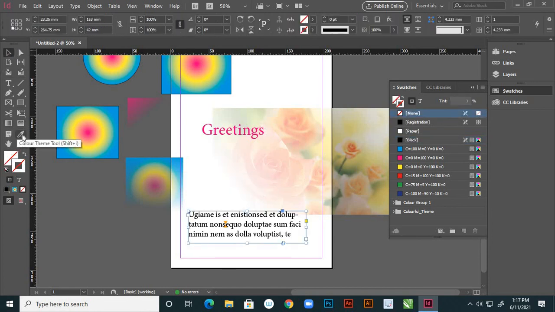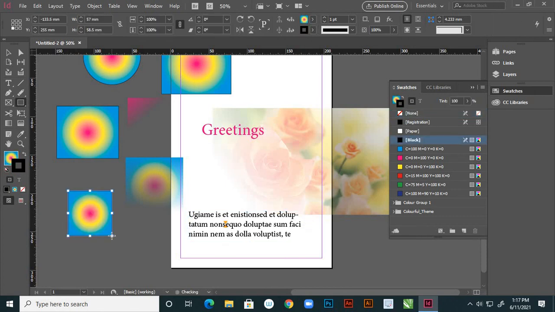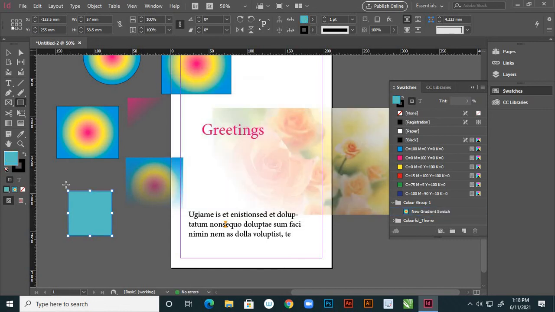Okay, that inside one, another one is the eyedropper tool, right? We know the eyedropper tool, because suppose this is my area box, right? So here instead of this one, I'm choosing this color, this blue one, right? But with this eyedropper tool, choose this color and you can apply. Automatically it is applying to that. We know that.